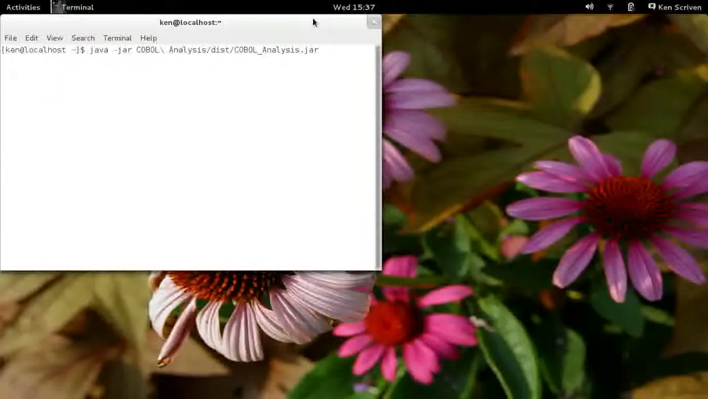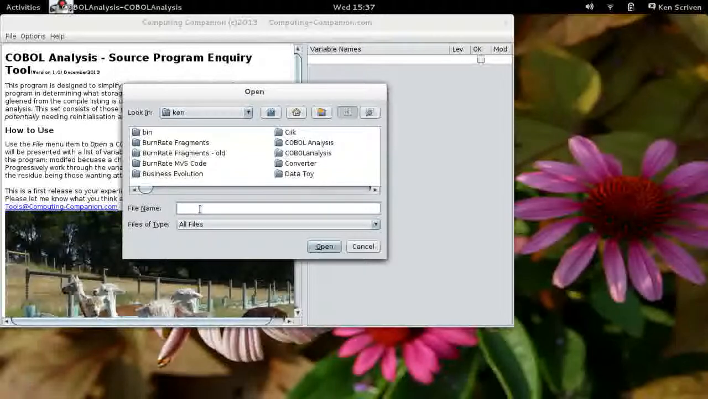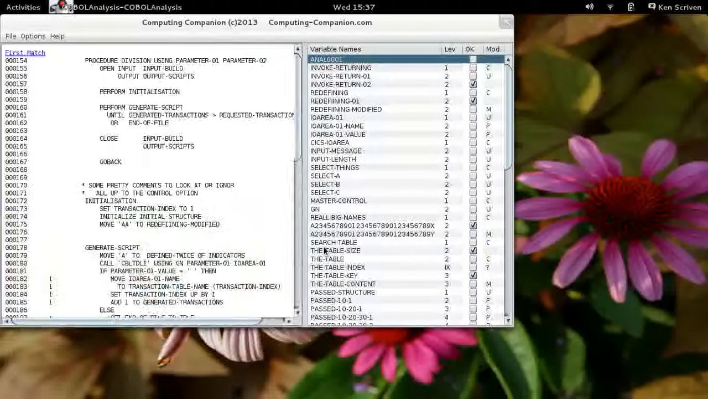Alright, first things first, start up the application. Got it there. Open a sample file that we're going to work on, which just happens to be the one I hand out free as a sample. What that does is takes the program and breaks it into two chunks. The procedure division statements over on the left-hand panel, and the variables that are defined in the program on the